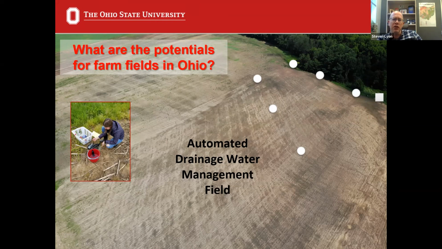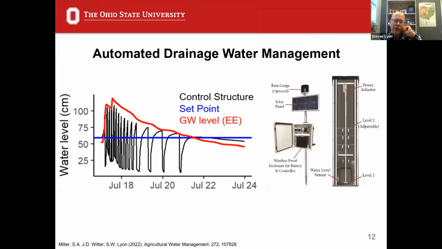And so just to show some of the results from that work, we can first start with how does an automated drainage water management system really work? So looking at automated drainage water management, here we see what the system actually looks like. On the right-hand side is that buried control structure with a valve, basically a sluice gate that opens and closes by an actuator connected to some telemetry, so they can call up to the cell phone network to automate and record information, and some powering system.